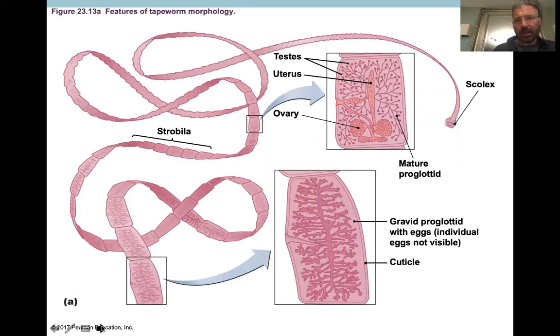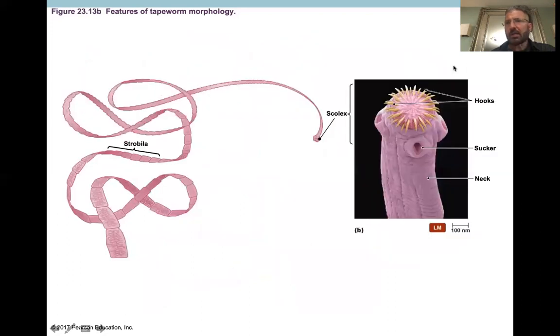So that's kind of what they look like. Here is the scolex. This is what literally attaches to your intestine. As these things grow, all you need is one of these proglottids or gravid segments. You ingest it, and it grows, and it has a scolex. As it grows, it's going to be growing these segments. It just drops off these segments continuously. It's hoping that someone's going to pick one of these up somehow and consume it, and then we start reproducing a tapeworm all over again. So that's the scolex.